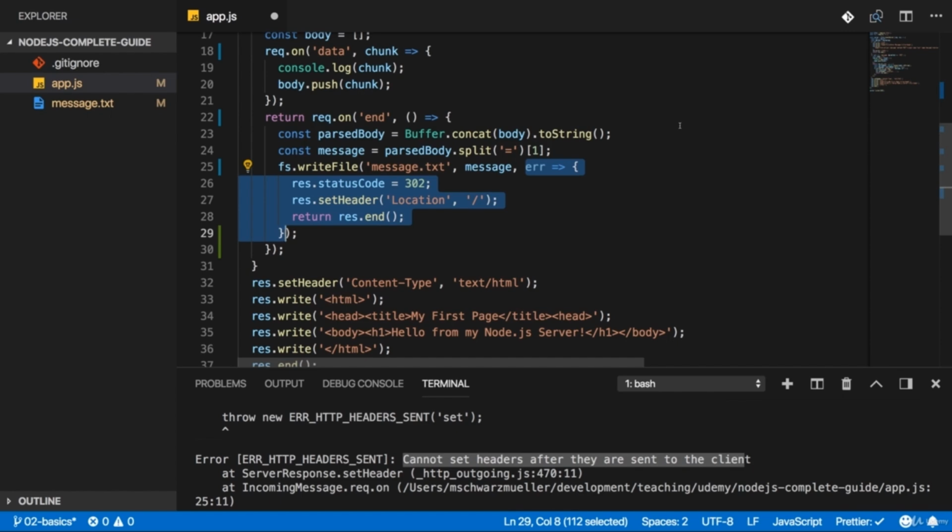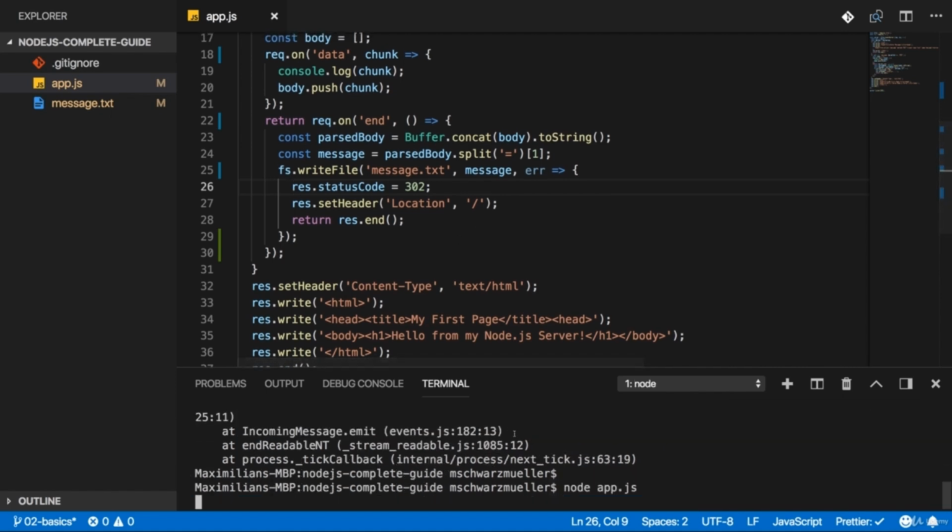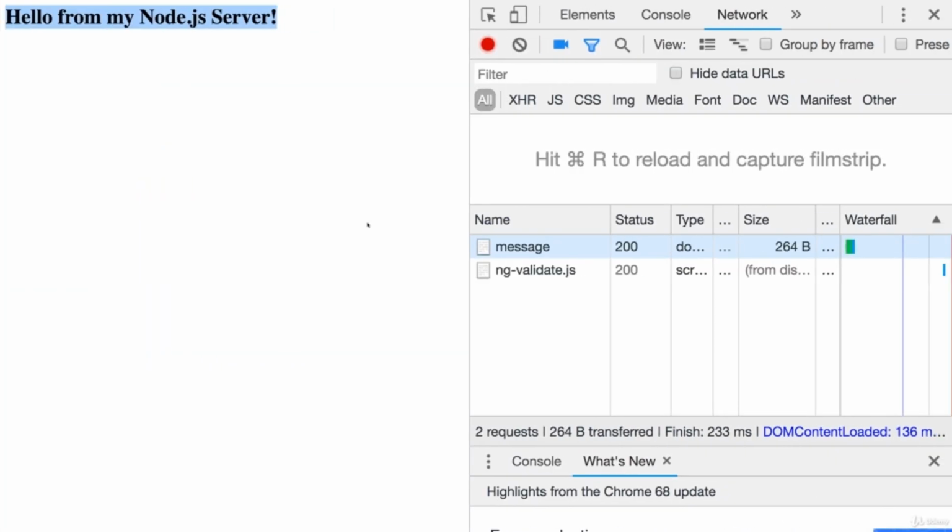So this is what Node.js does here and why it is high performant, because it never blocks your code, it never blocks the server, it just goes ahead and tells the operating system, do that, do this, and then eventually comes back and does something in the callback, like send a response, which is not a blocking operation because this is super fast, just a couple of headers and off you go. So I hope this is clear, and with that, let's restart this by quitting the server, rerunning Node app,